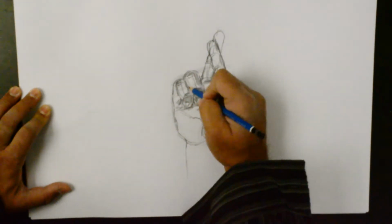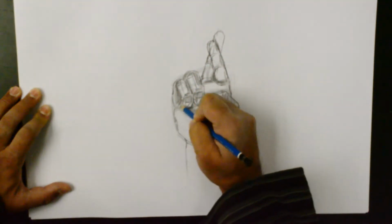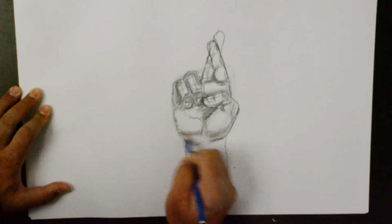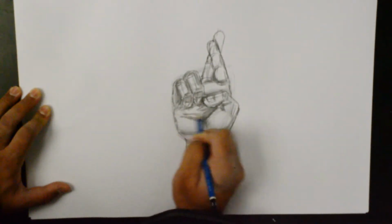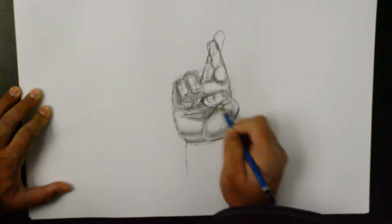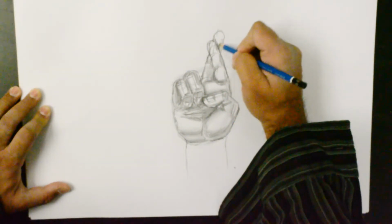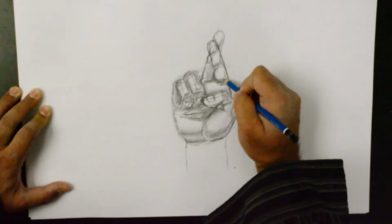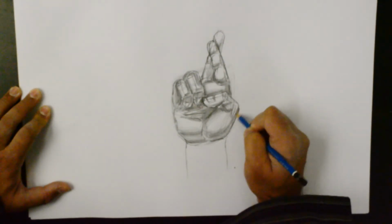And I forgot the skin folds there, so I'm putting in some shading in between the fingers right there. And again along the fleshy part right there, going like that. Around there, a little bit right there, a little bit underneath. If it is a heavy enough skin fold, heavy enough hand, you could put in some more tone right there